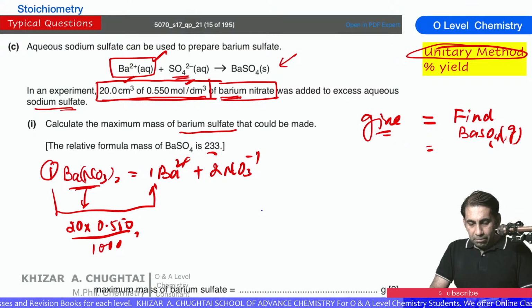20 multiplied by 0.55 divided by 1000. And the answer, if I'm not wrong, is 0.011 moles. So the overall mole of barium nitrate is equal to 0.011, right? How many moles of barium ion will be there? The same, 0.011 mole of Ba2+ ion will be there. So from